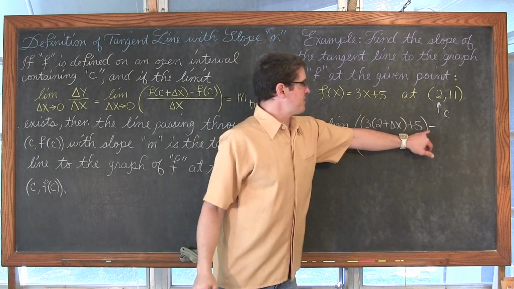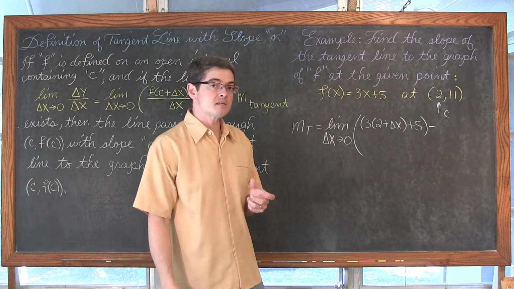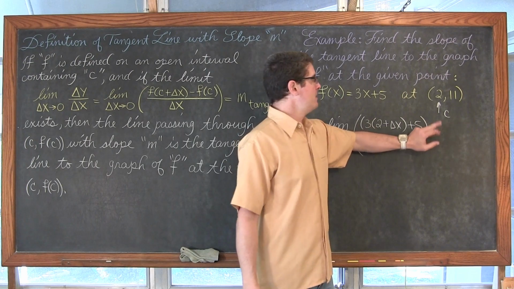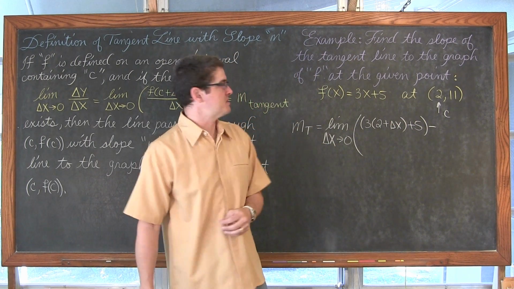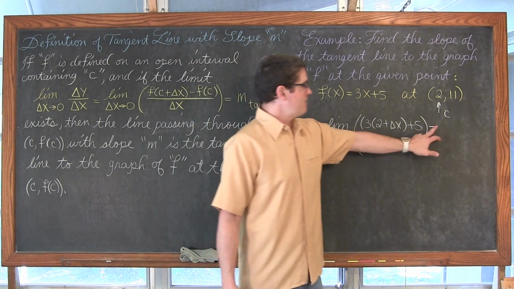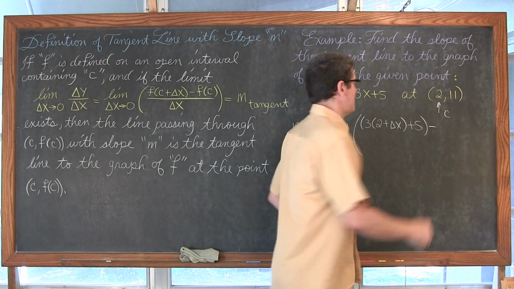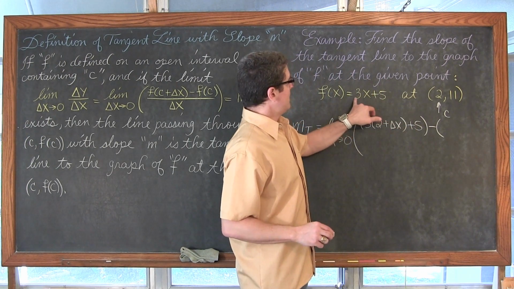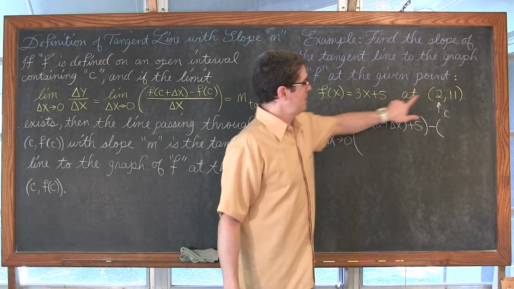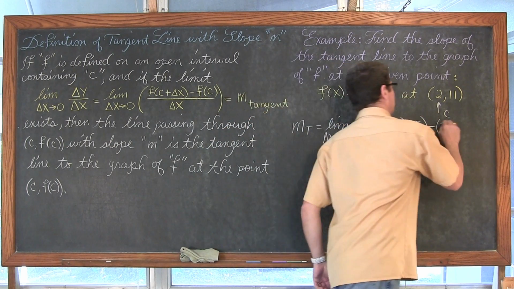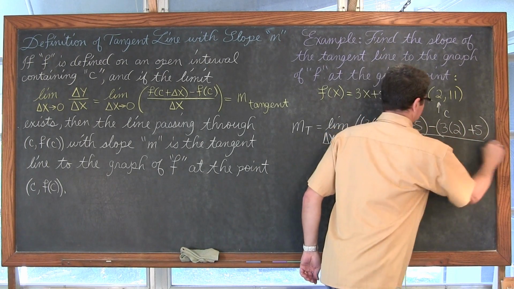minus, these parentheses I'm putting around the first term in my numerator are a little bit unnecessary, but because we have a minus sign here, if you have more than one term in your function, and you're pretty much guaranteed to have that be the case, make sure you wrap that second term in parentheses. You remember to multiply the negative sign through the parentheses and not make a sign error. So minus, now the formula says f of c, so it's going to be this function with 2 plugged in for x, all over